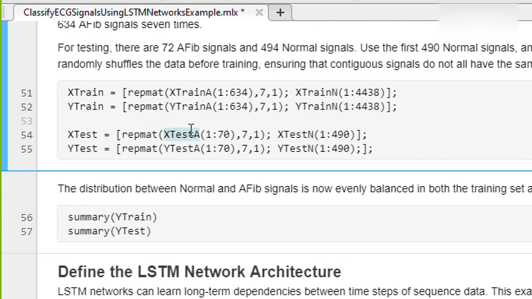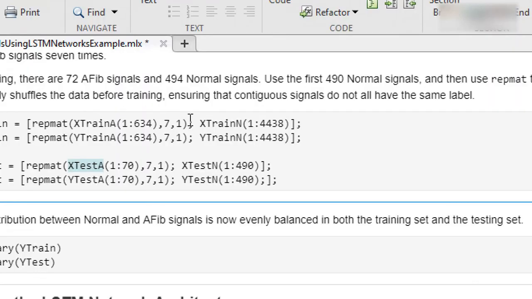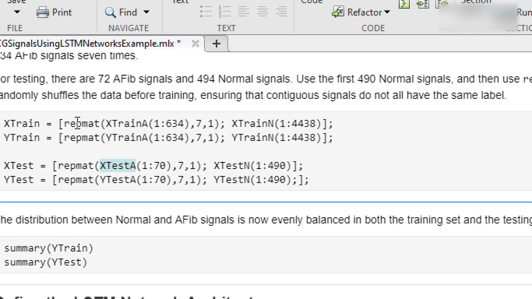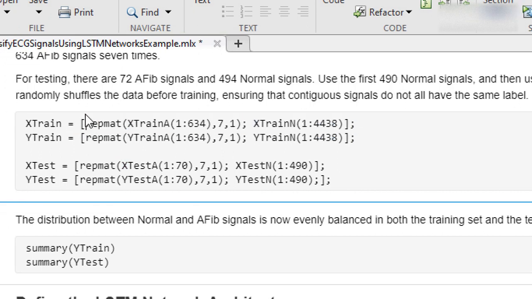Maybe in your case you don't have to do this kind of pre-processing. After creating some data, we are concatenating all data like this. Here is repmat. Repmat is used to repeat a matrix. Let's say I have a 2 by 2 matrix. If I use repmat with the matrix name and 2, it will double it: first the matrix, then a replica of it in a single matrix.